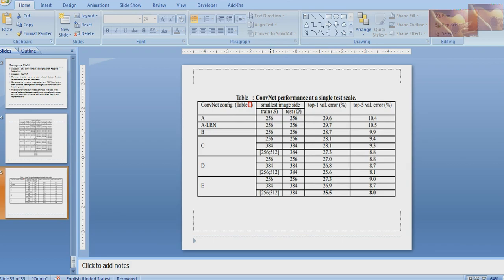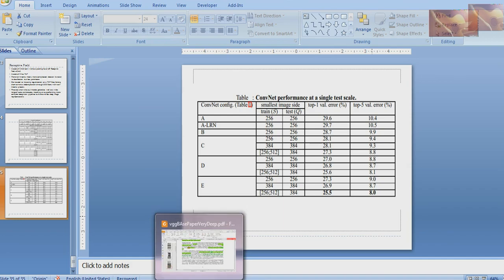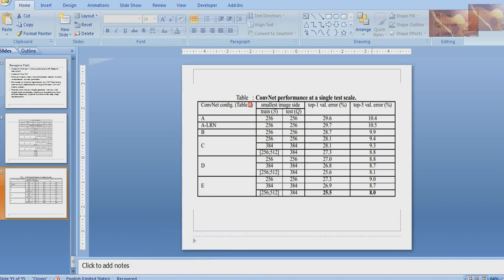Local response normalization, so they remove the normalization part. Directly ReLU, unlike the AlexNet part. AlexNet did the normalization and everything, but here VGG didn't find it useful. They removed it. In the same dataset, ILSVRC dataset,